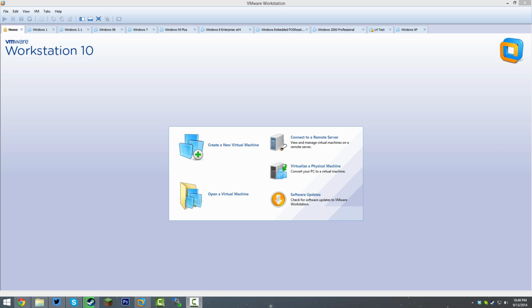Now today we're going to be taking a look at the Windows 8 developer preview. This actually comes as another video request by the Antivirus Reviewer, and I would like to thank him for suggesting this build, as well as a few other Windows 8 builds that we're probably going to be taking a look at as well. But today we're going to be taking a look at the Windows 8 developer preview,